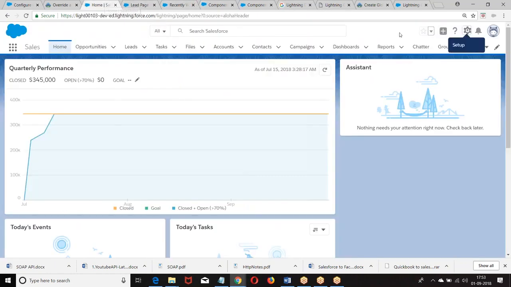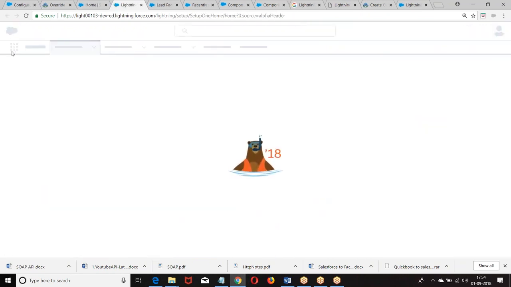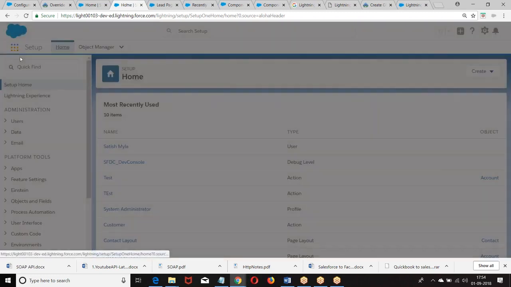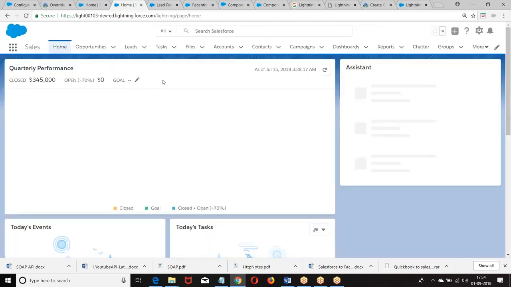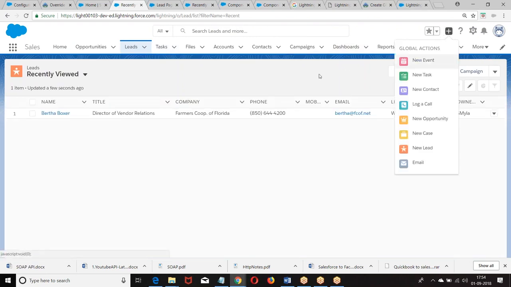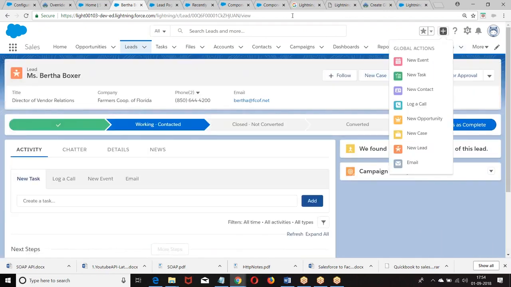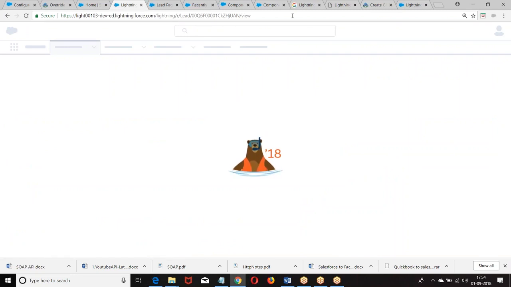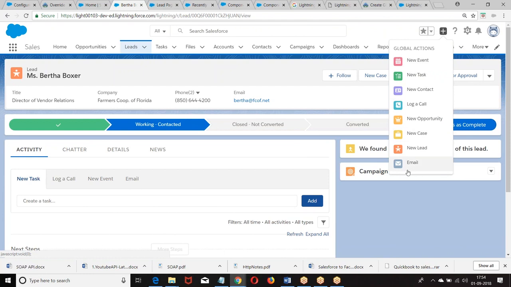Global action. Why was it not displayed here? Not visible.